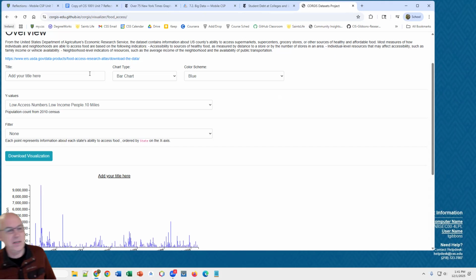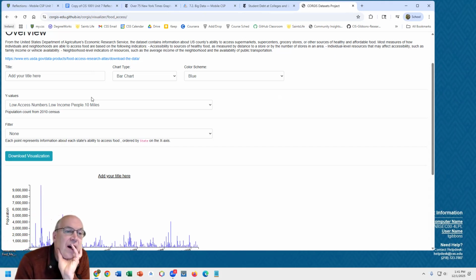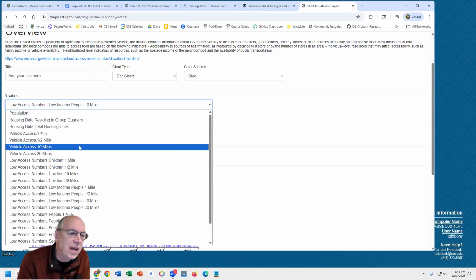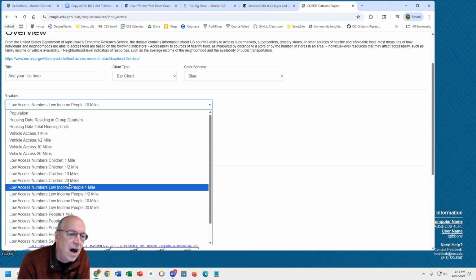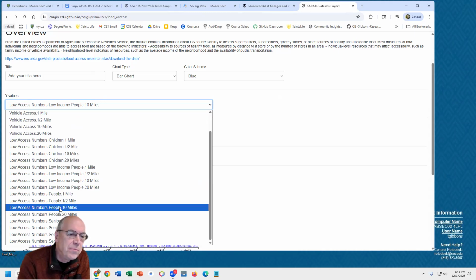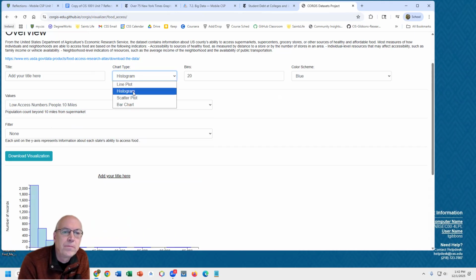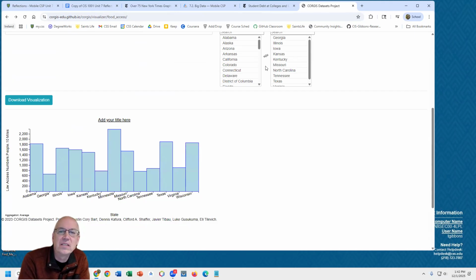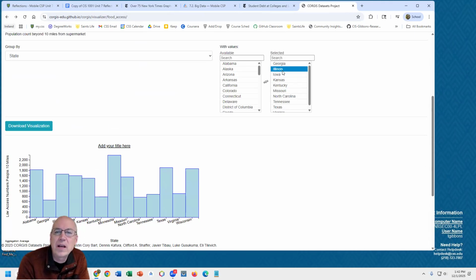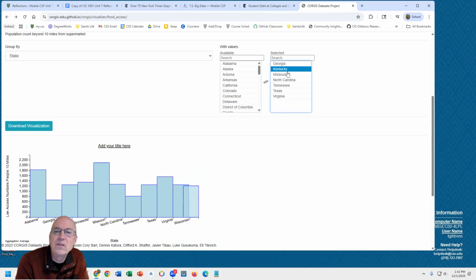My hypothesis is maybe that colder states are more likely to have problems than warmer states. So I'm going to select just people 10 miles from a grocery store. I know if I do a bar chart, if I do a histogram, I can select different states. And so I'm going to pick some of the most northern states and some of the most southern states, so I'm going to get rid of some of these middle country states